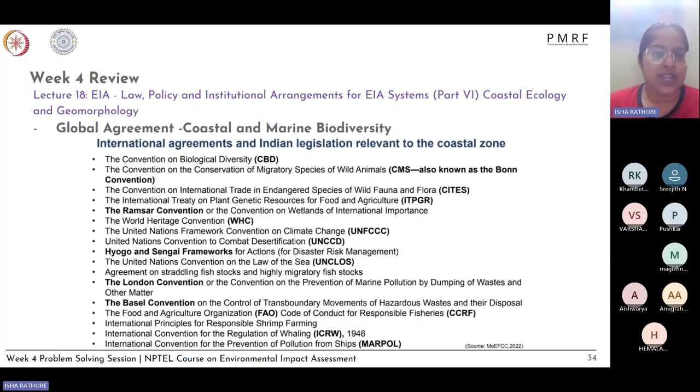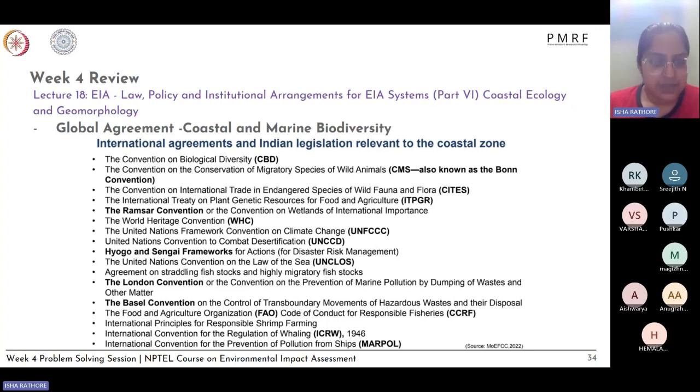Then we also have the different international agreements and legislation relating to the coastal zone. So we have the Convention on Biological Diversity, CBD. We have the Convention on Conservation of Migratory Species of Wild Animals, also known as the Bonn Convention. Then we have the Convention on International Trade in Endangered Species of Wild Fauna and Flora, CITES, the International Treaty on Plant Genetic Resources for Food and Agriculture, ITPGRFA, the Ramsar Convention on the Conservation of Wetlands of International Importance, the World Heritage Convention, WHC, the United Nations Framework Convention on Climate Change, UNFCCC, the United Nations Convention to Combat Desertification, UNCCD,